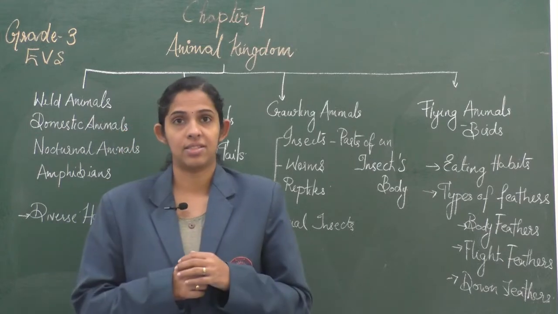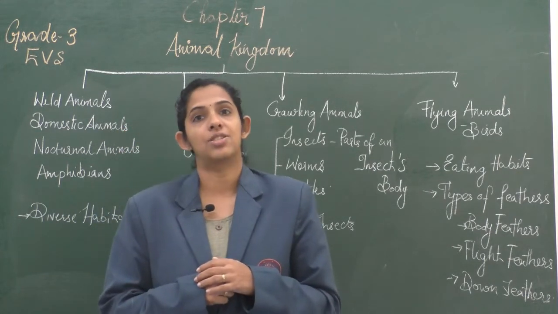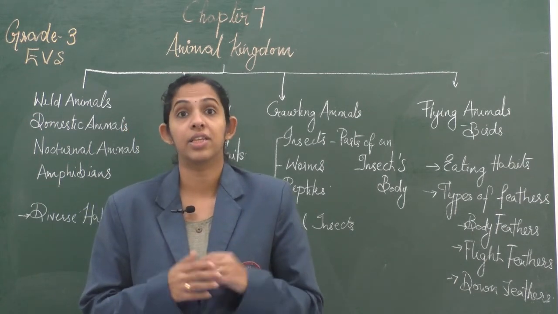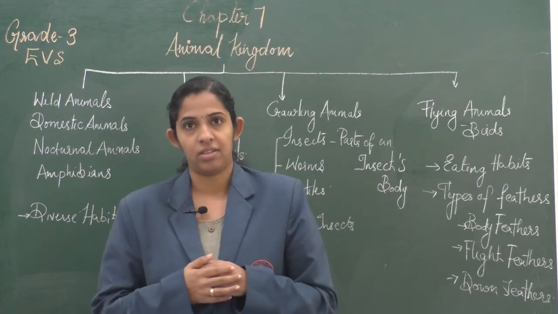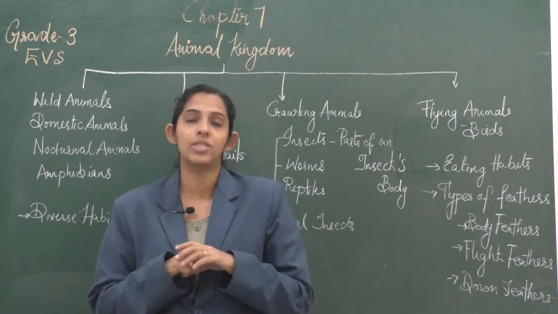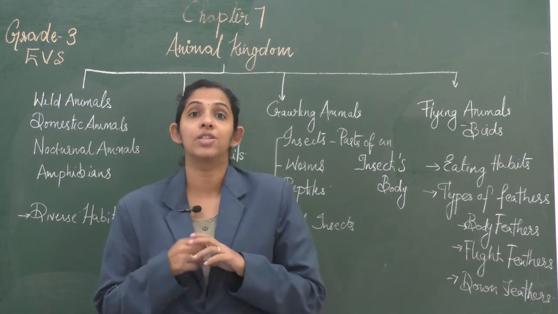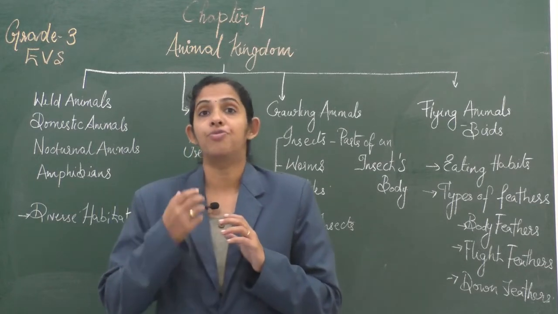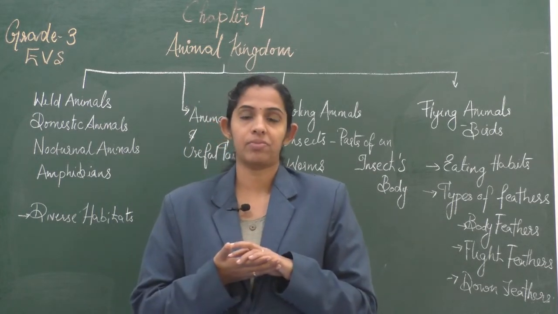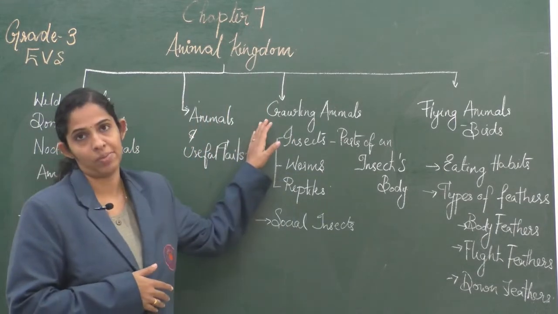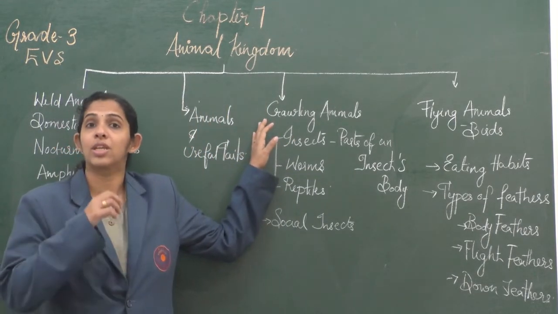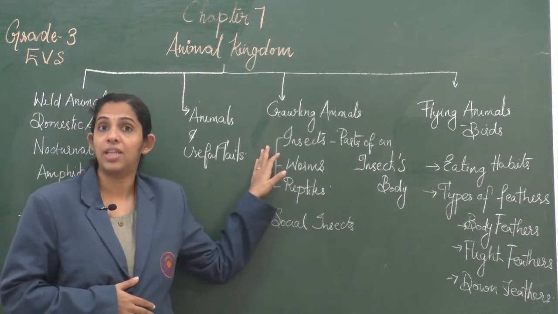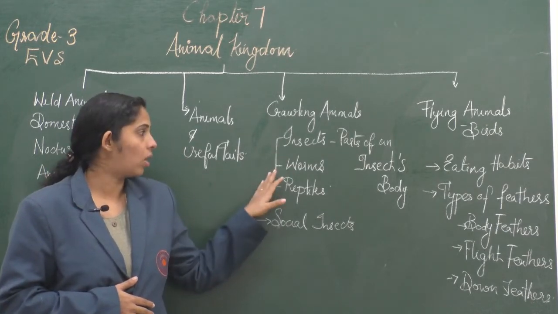But animals like lizards, we have discussed it in the interactive session. They use their tail in order to escape from their predators. They can drop their tail, which can be grown again. Also, lizard's tail will help them to hold on to surfaces. And scorpion uses its tail to attack its prey. So we have seen how different animals use their tail. Next, we have seen about crawling animals. They are the animals which cannot walk, but they will creep or crawl. Crawling animals can be generally classified into three: insects, worms and reptiles.